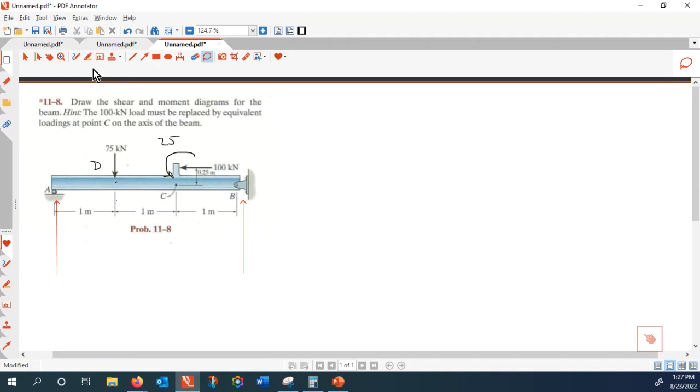Okay, let's start with zone number 1. That is between XA and XD. These are 0 and 1 meter. So in that zone,